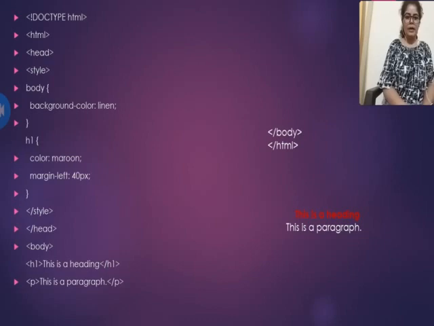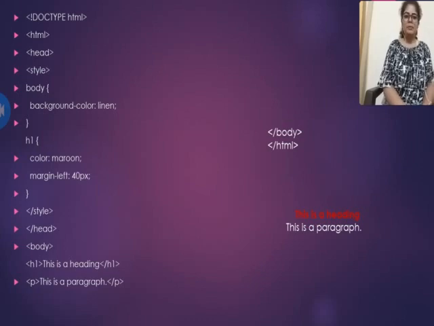So look at the output on the right hand side. See how it works. If we don't use the style tag, it will normally display the heading H1 with content, this is a heading, and with the paragraph tag, this is a paragraph. But as I have applied a style, I have applied a maroon color on the heading.